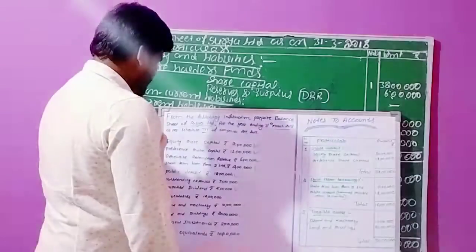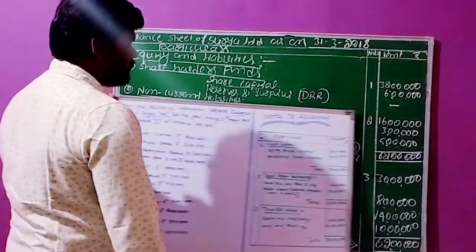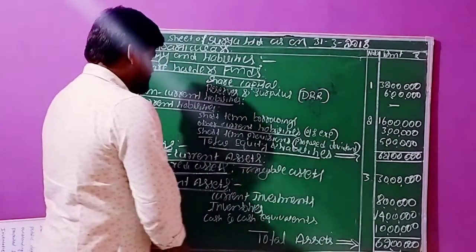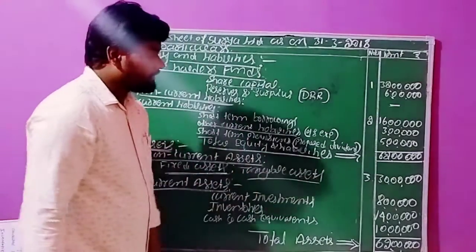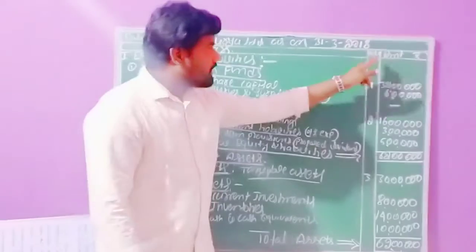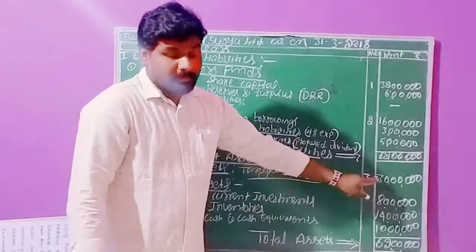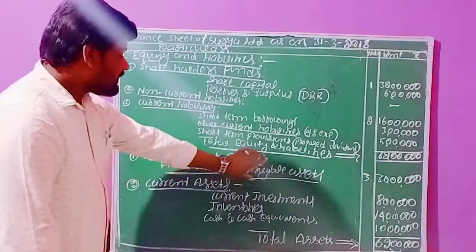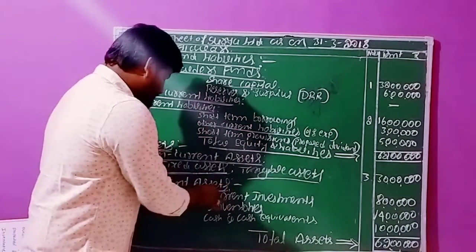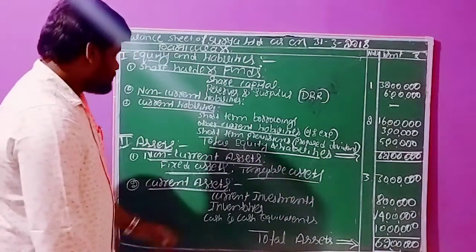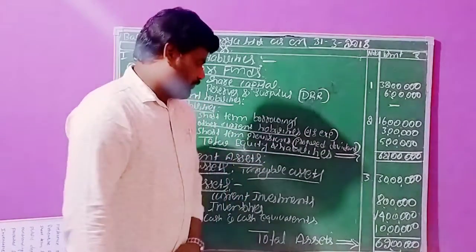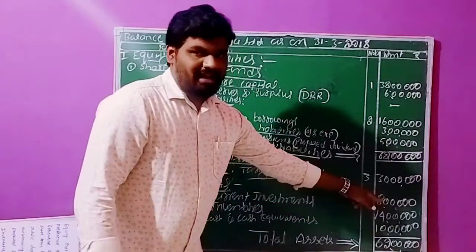Under the current assets we need to write some more transactions. But before the current assets, first you have to complete tangible assets. The total value of tangible assets is 30 lakhs rupees. In the note column you have to write working note number 3. So this is the information regarding non-current assets. The next one, current assets, the second type of asset. Under the current assets, the first one, current investments, they directly gave in the question. The current investments are 8 lakhs rupees.